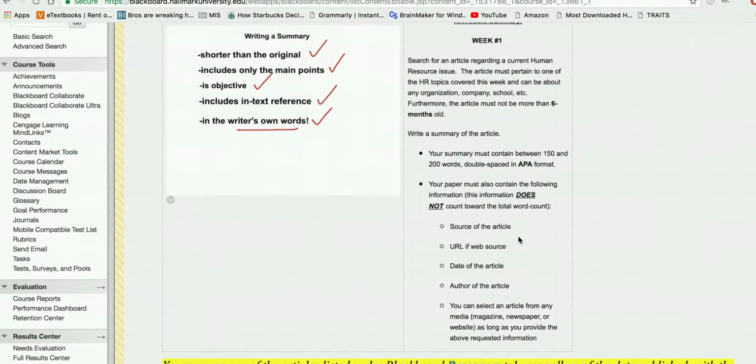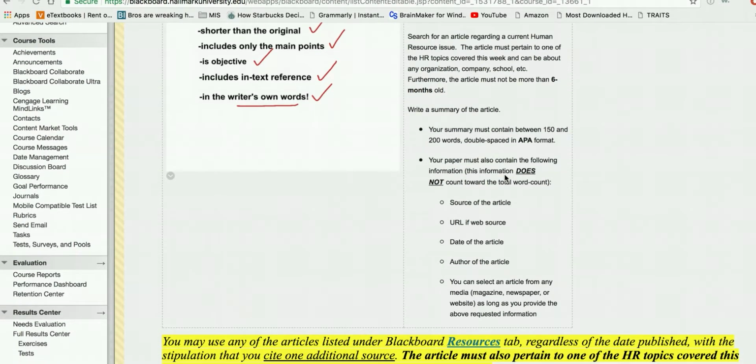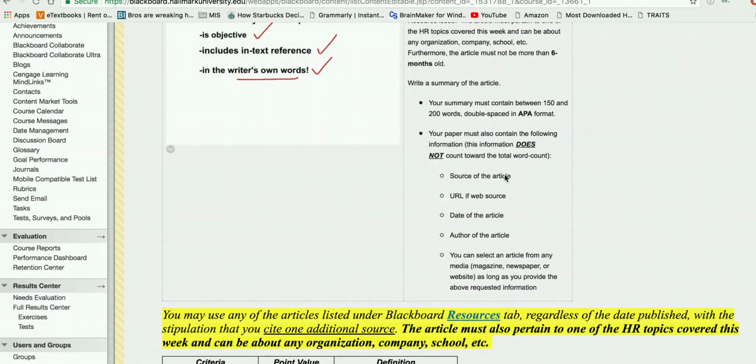But basically, your summary must contain at least 150 to 200 words. It has to be double-spaced in APA format. What I mean by APA format is that it doesn't have to have a cover page. It doesn't have to have an abstract. I just want to see your article summary double-spaced. In the opening, I want to know